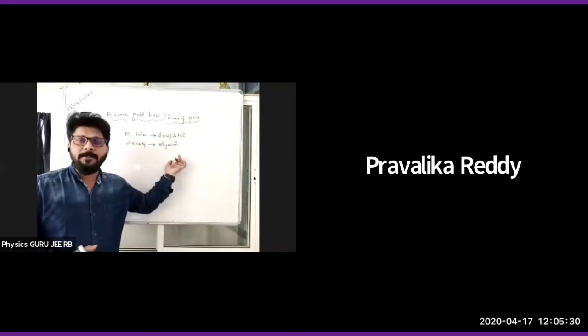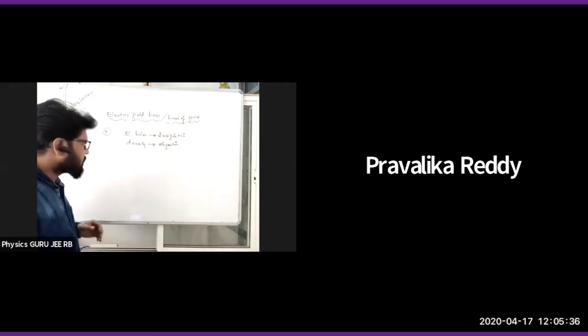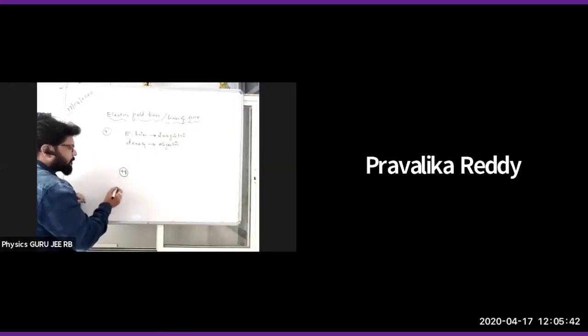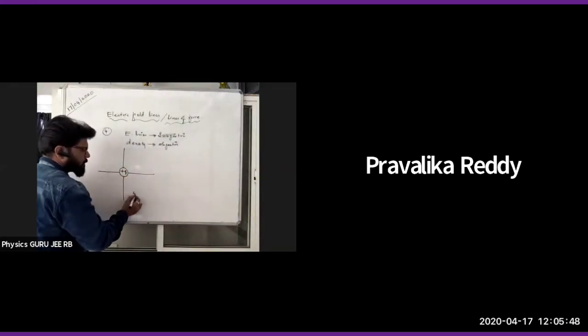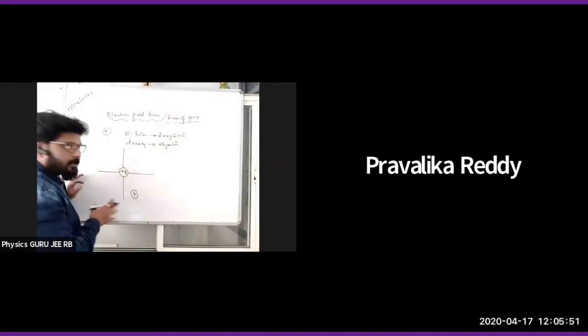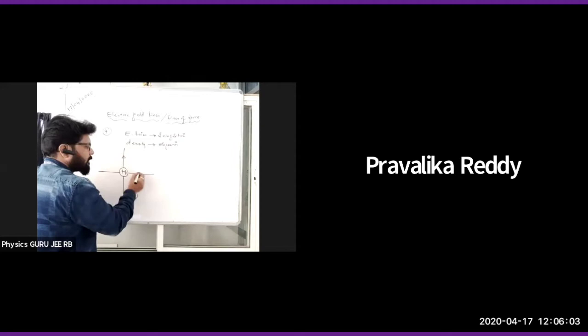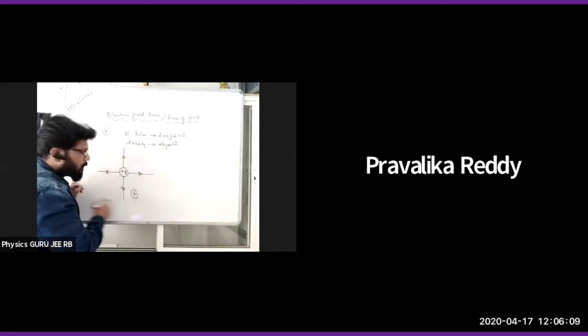What is the meaning of objective? Objective means 1, 2, 3, 4. For example, I'll give a very good example here. I'll take one positive charge. Let me take 4 lines, 1, 2, 3, 4 lines. Now the arrow mark is to be indicated away from it or towards. Can you tell me? Away. So we have to give the away direction. So for a positive charge, electric lines are away from it. How many lines are there? 4 are there.